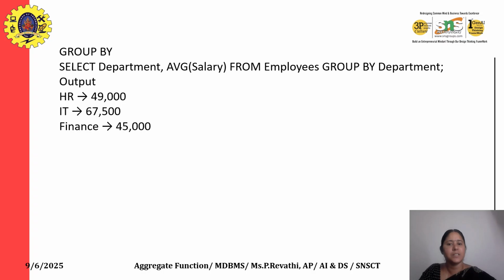Looking at our database, in the HR department we have Alice, Bob, and Grace. Their average salary is 49,000. In the IT department, we have Charlie and David. Their average is 67,500. In the finance department, we have Eva 50,000 and Frank 40,000. Their average is 45,000. So the output of this query is HR 49,000, IT